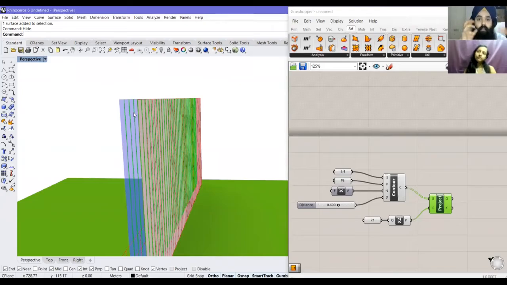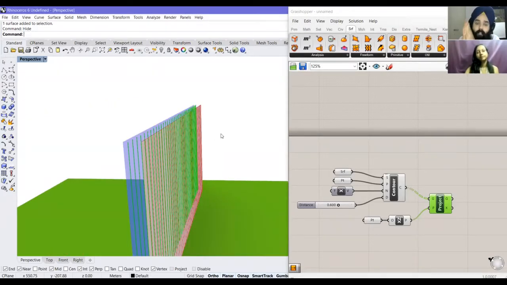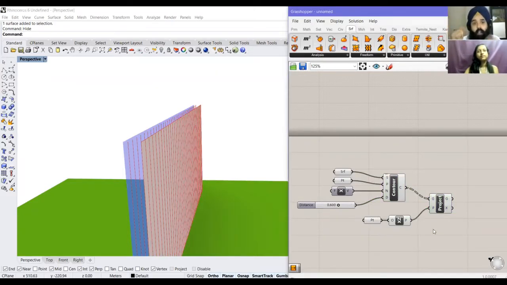And those louvers can be very easily tweaked using the two parameters that we had and the slider of the distance. When this was created on one surface, another plane was created in a direction parallel to the original surface, so there is a projection of the initial lines on that surface. And we can start working and connect the two, and we get actual louvers that are built up.